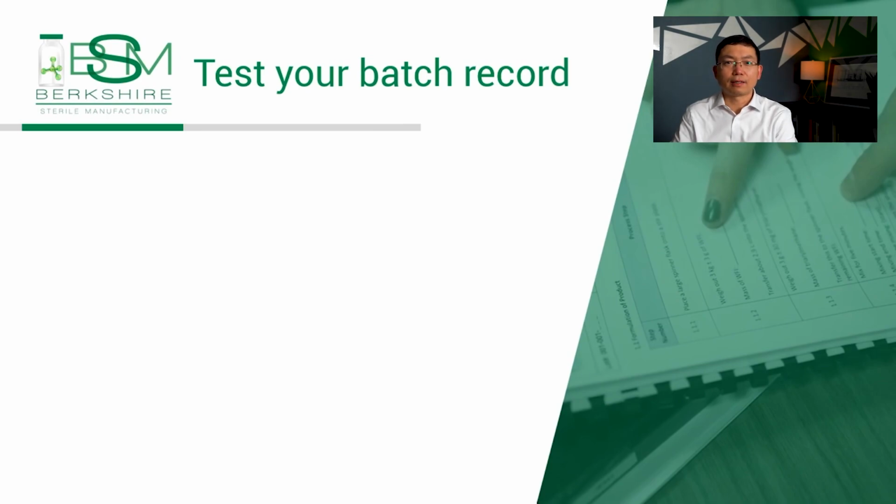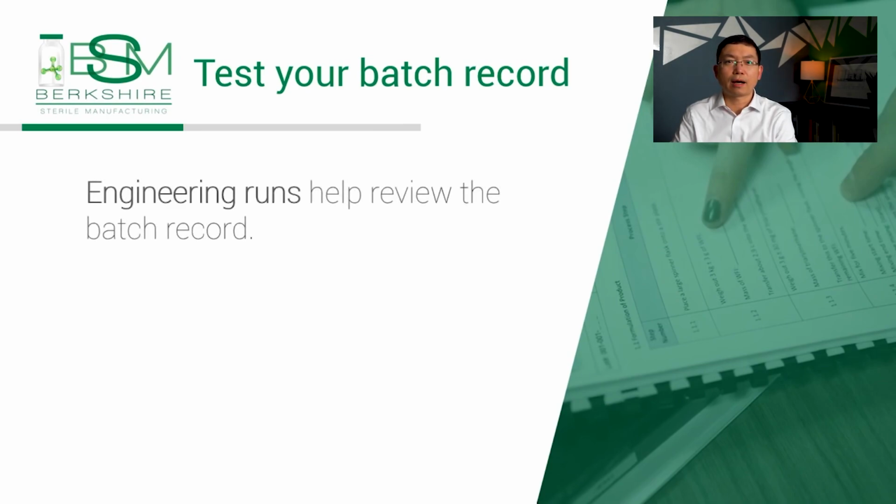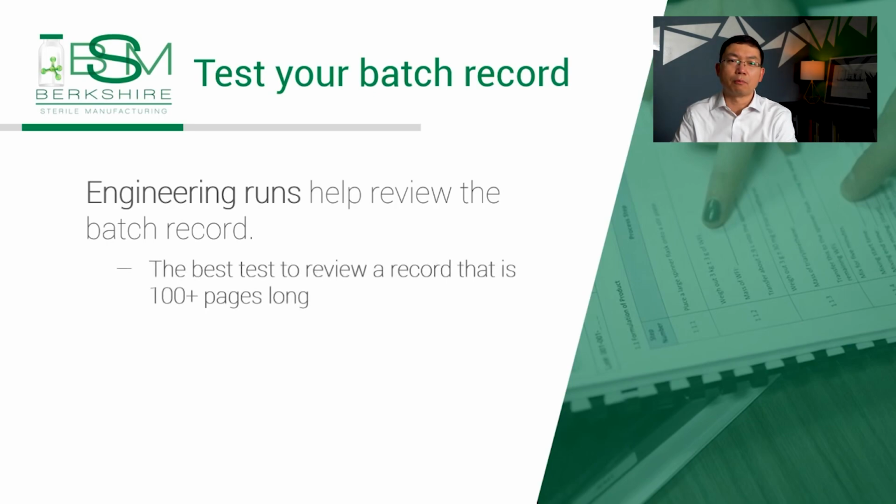In addition to the process, the engineering run also helps identify any errors in the batch record. The batch record is hundreds of pages long, and while it will undergo a review from many parties, performing the actions written in the record is the most thorough review that can be offered. By walking through the record, errors such as incorrectly written concentrations or an incorrect order of steps can be easily